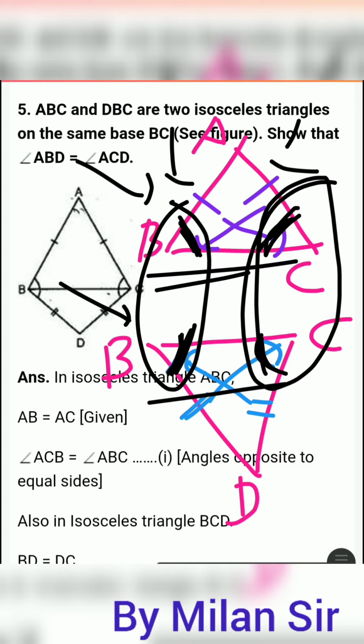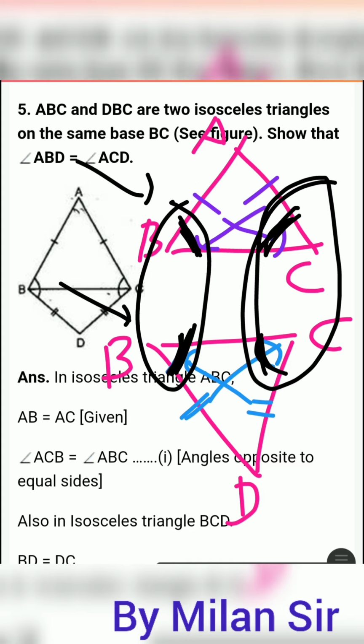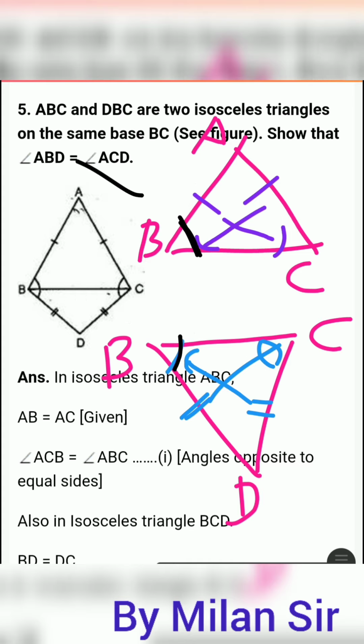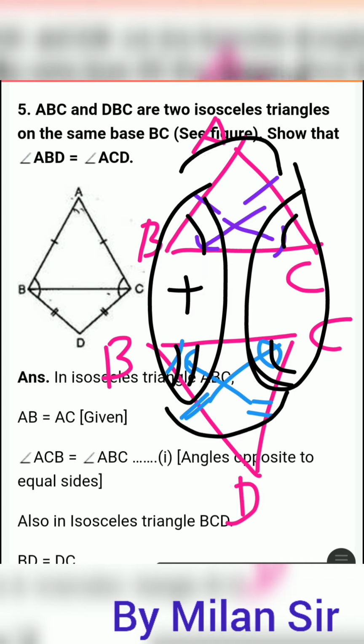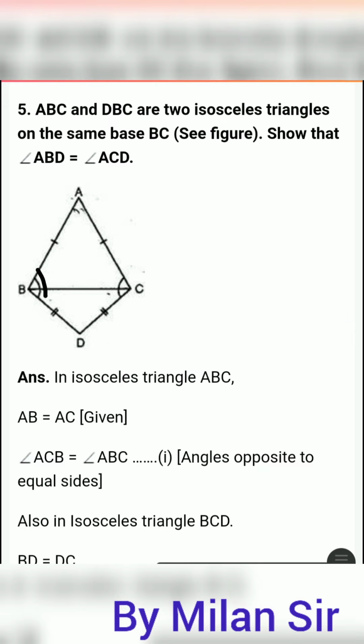Okay, again I repeat this thing. Here what we prove, in upper triangle, this is isosceles triangle, so this two are same and this two are same. Now if we add this 2, so it is equal with this, because upper part is equal with the upper part, downward part is equal with the downward part. So addition is also same. So from that we can say that angle ABD is equal to angle ACD.